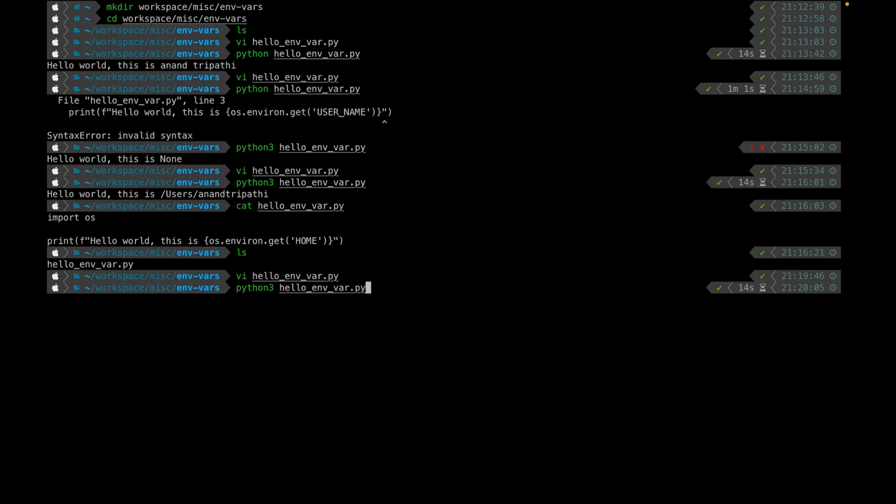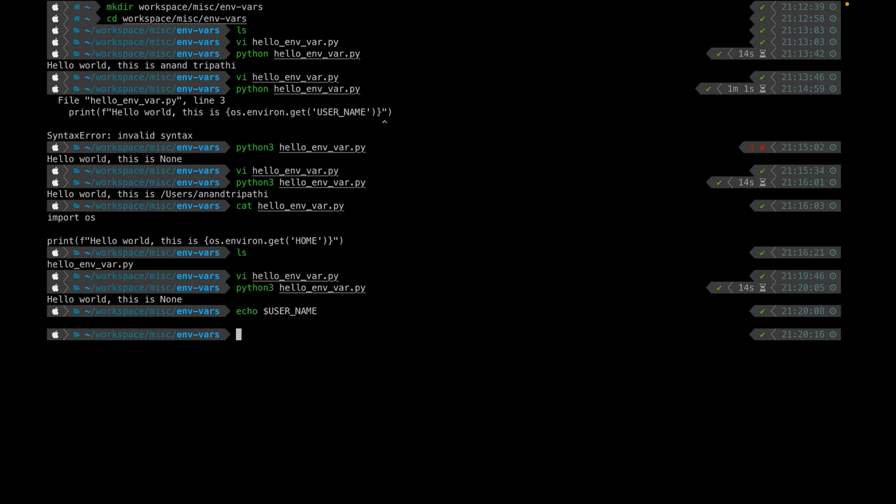So if I run it again, it is going to give me a None value as it is not set. You can also cross-check whether the username is set or not. So it is not set, it is empty. So the first way is just exporting